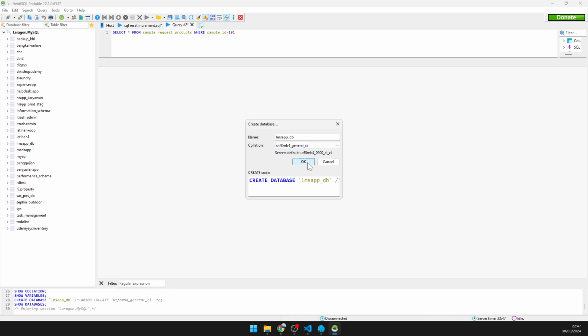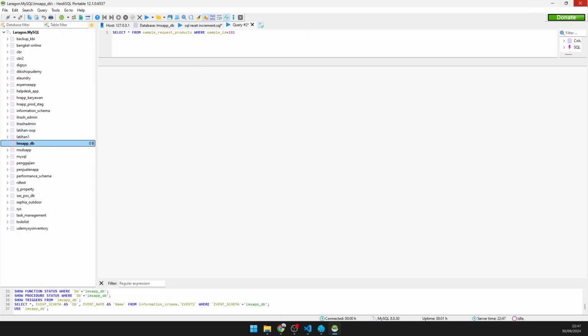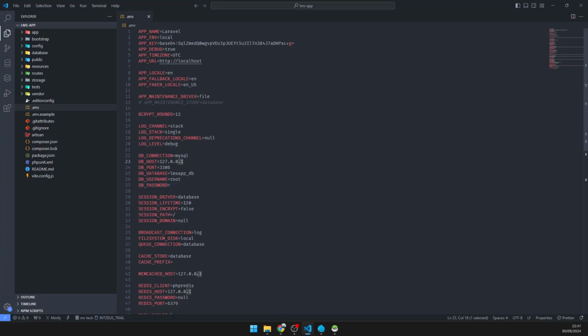Now click OK. The database was created successfully. So we want to try running the Laravel app with the command php artisan serve.